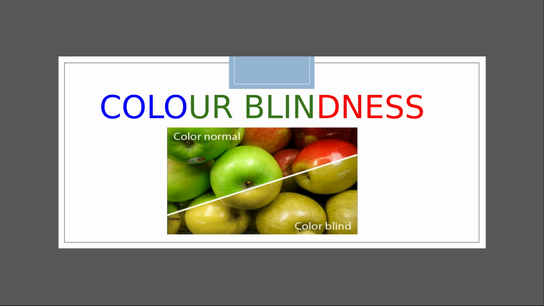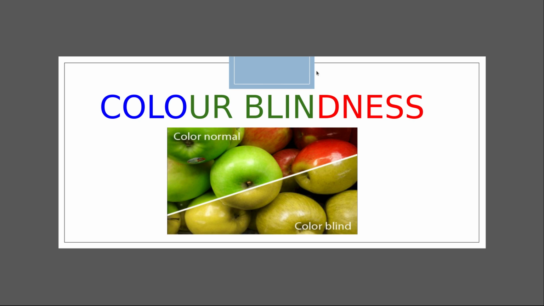So first of all, let's talk about a bit of theory of color blindness. So what exactly is color blindness? Color blindness is basically a deficiency in which the person who is suffering from it has a hard time distinguishing between colors. So why does it occur? It occurs when the light sensitive tissue at the back of the eye, which is called the retina, fails to properly respond to the variations of wavelengths in light.